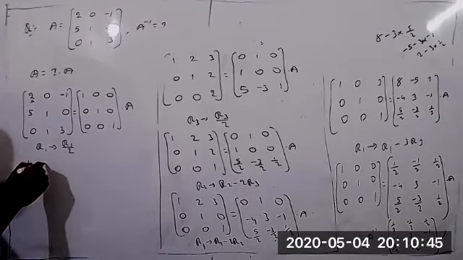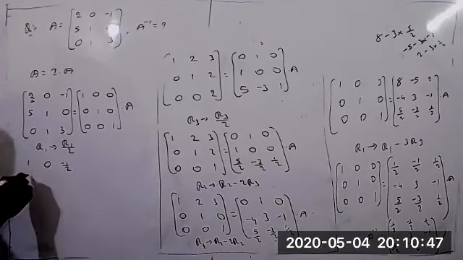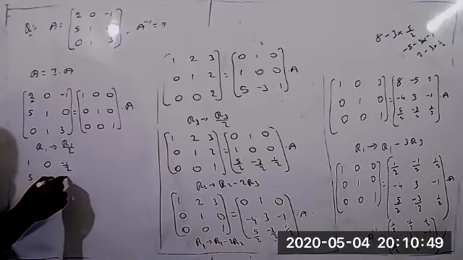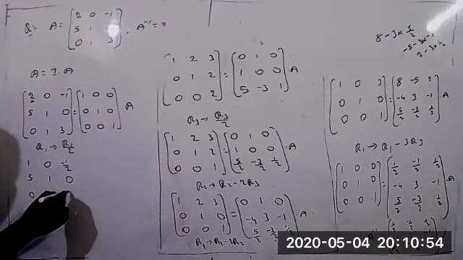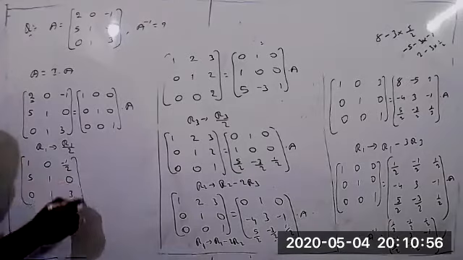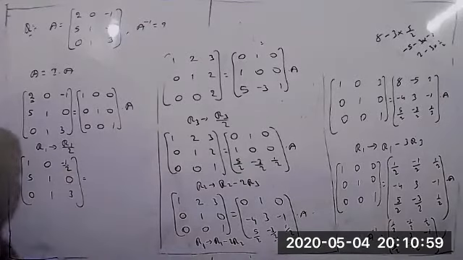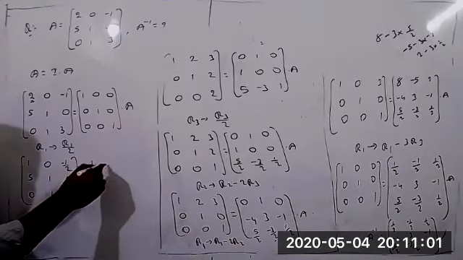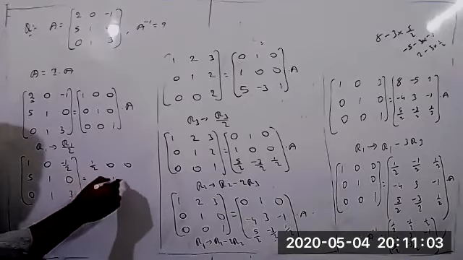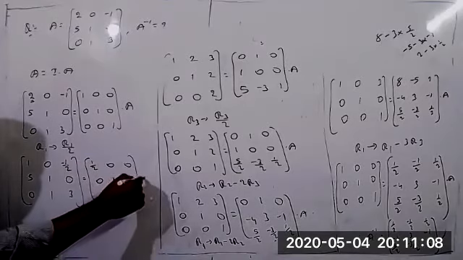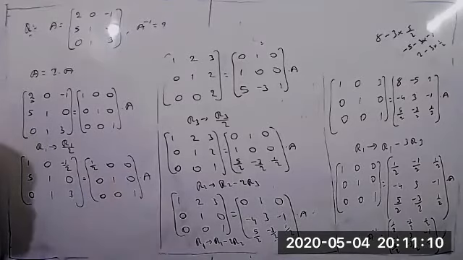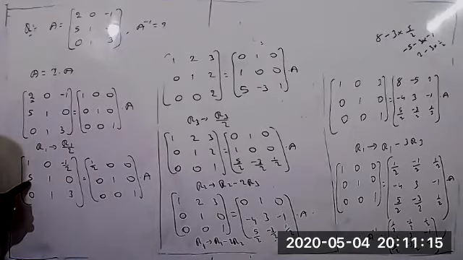So 1 0 by 2 equal to 0. This is minus 1 by 2. The second and third rows are written as is: 5 1 0 and 0 1 3. Here also you can write 1 by 2, 0, 0, and 0 1 0, 0 0 1 into A now. So already we got 1 here. But next target, here also we require 0 now. So how to get 0 in this position?